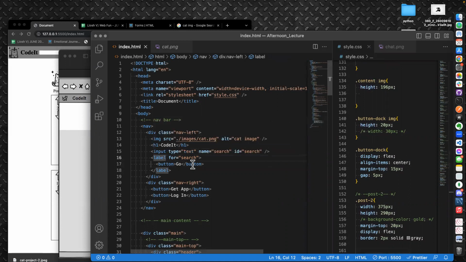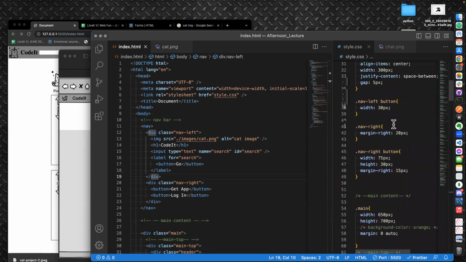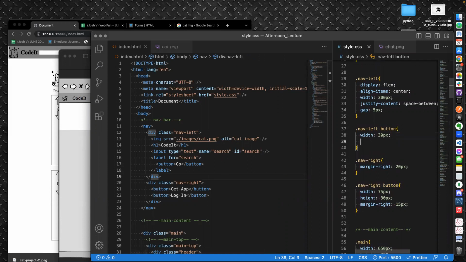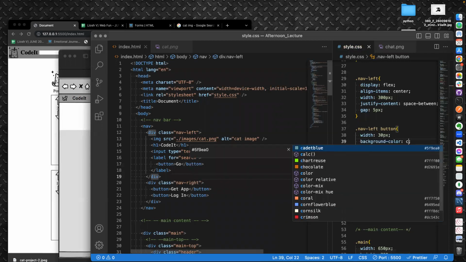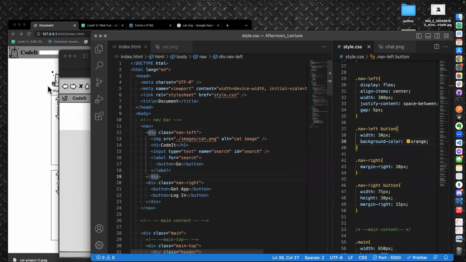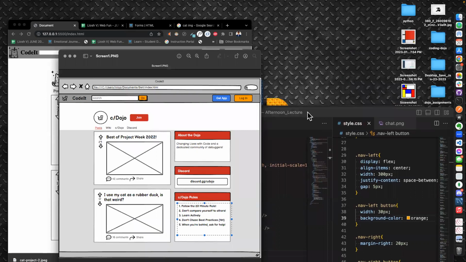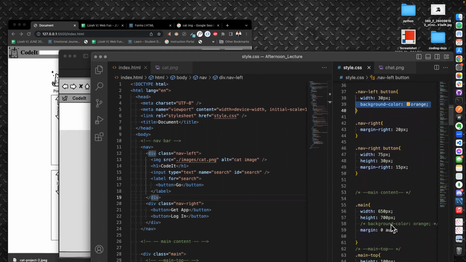Within, where's our label? Our label is within our div called nav left. So let's go to nav left. Nav left button. Background color. And I want to find, oh, I'm just going to say orange. There we are. Okay. Now let's do the next one, which is the login button. So let me copy that same color of orange and go to